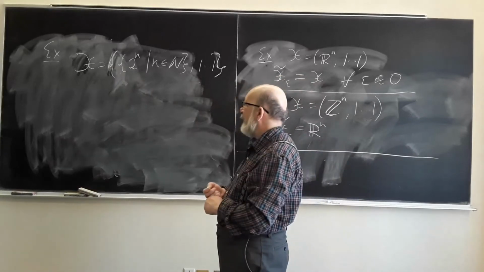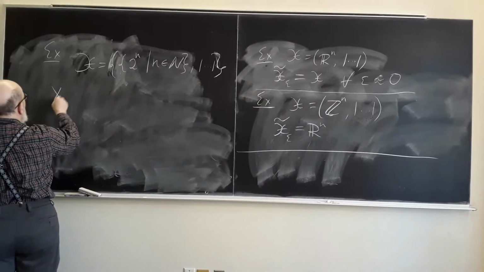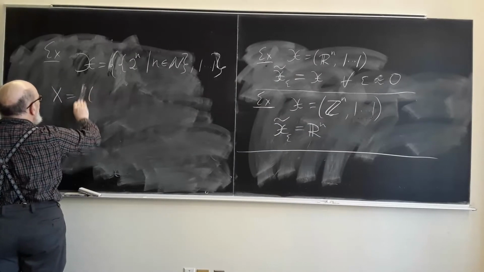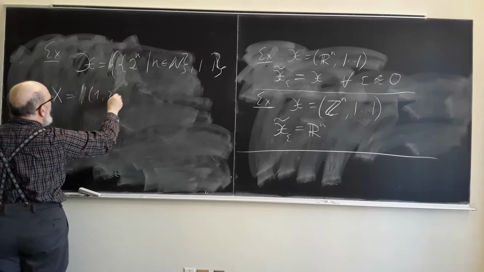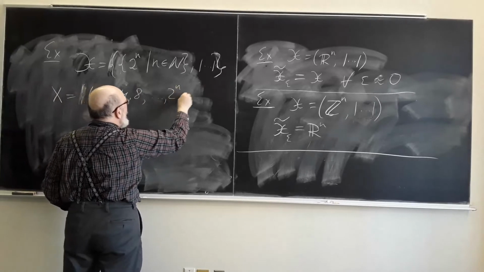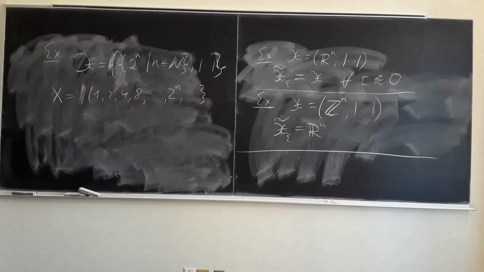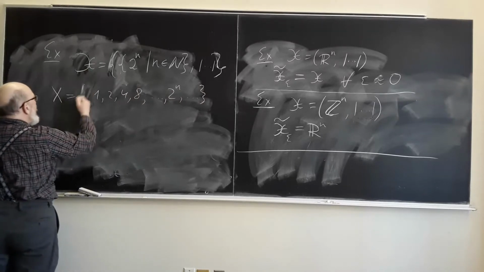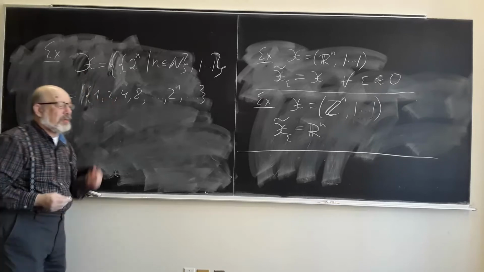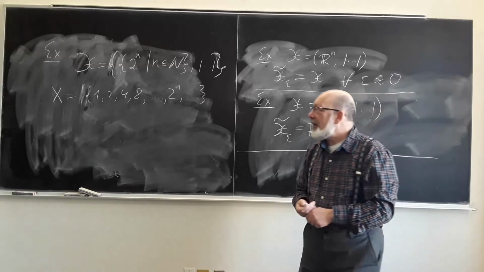So consider the set of powers of 2. So x is 1, 2, 4, 8. This is our set x. And the distance is the absolute value of the difference. So what is the